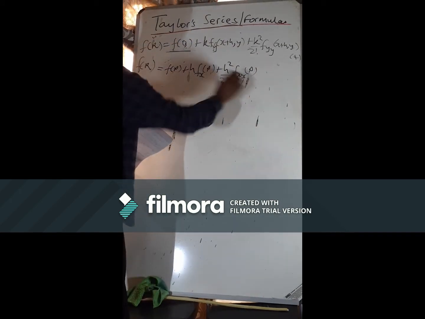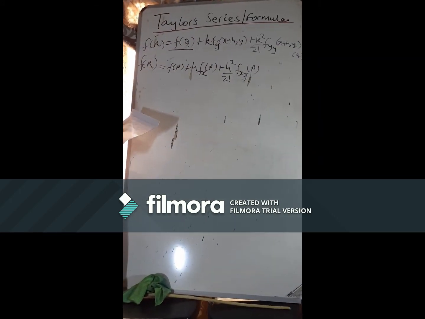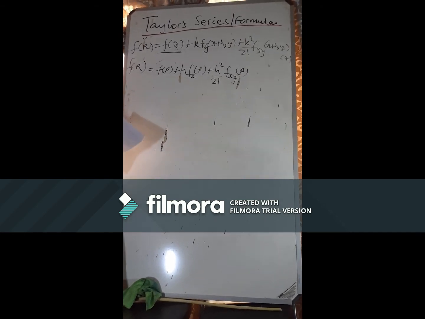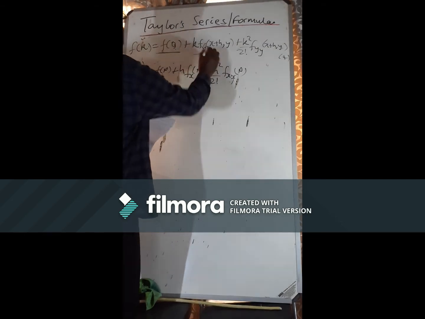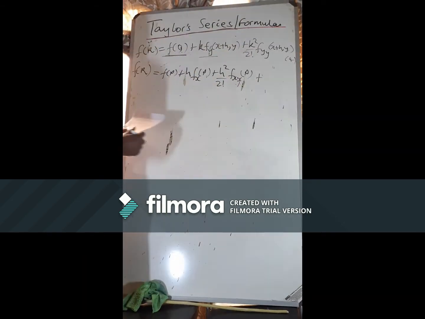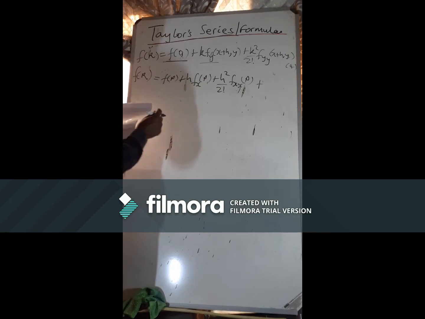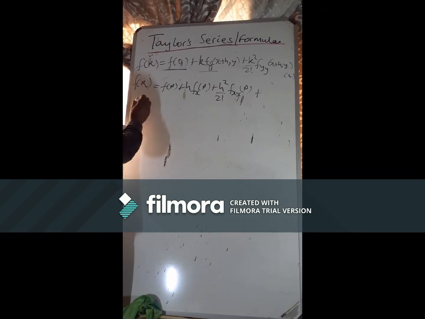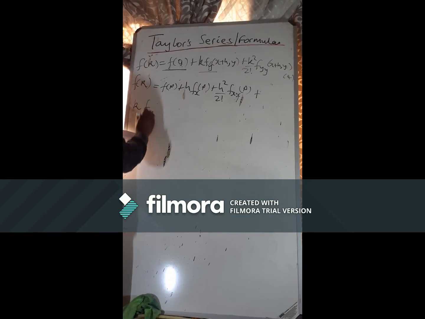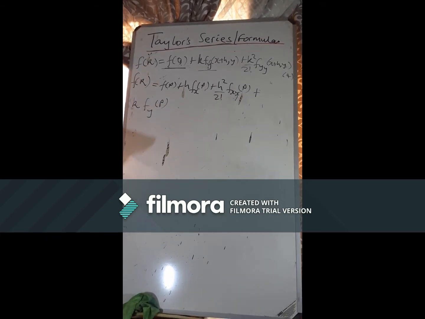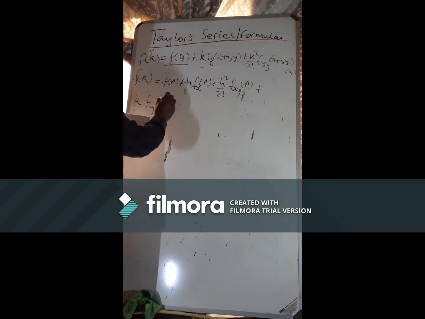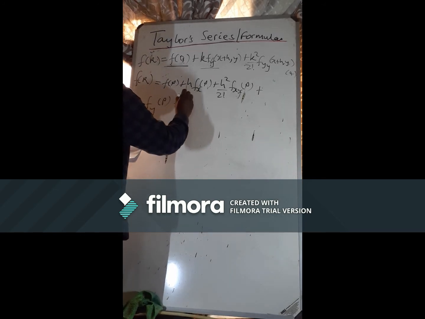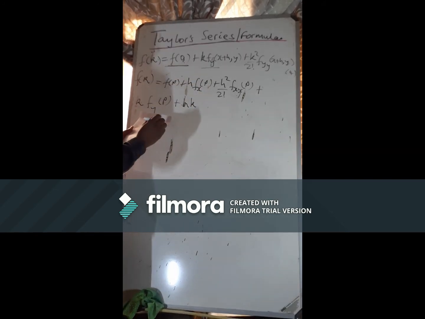This is the whole expression of fq, which is number 2. Then this one plus, we get it from 5. So it will be plus k fy at p, the one that we differentiated, plus hk